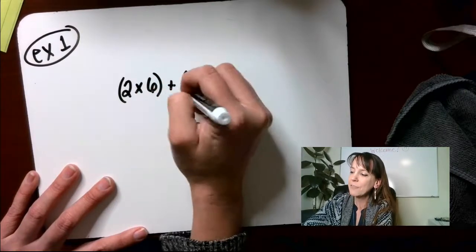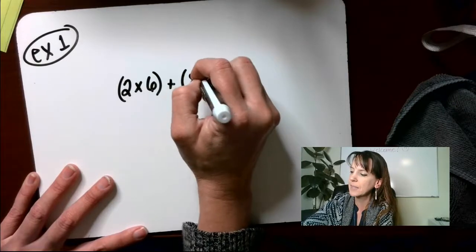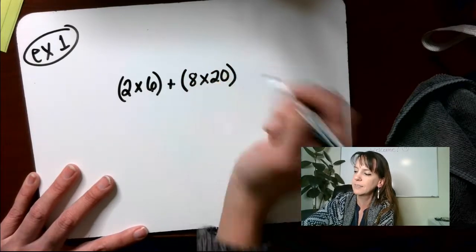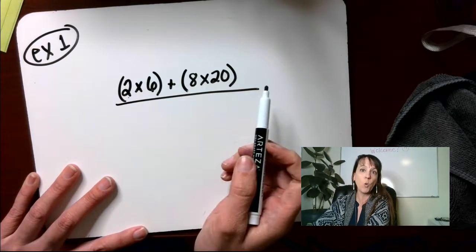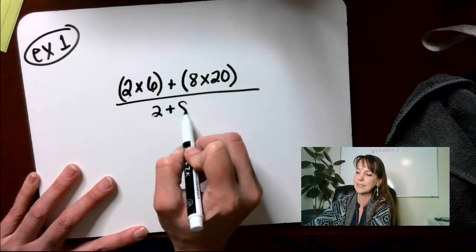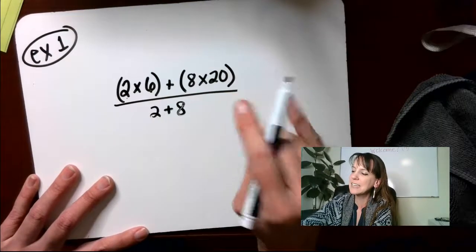Plus the average of the next 8 numbers was 20. 8 times 20, okay? That means we had 2 numbers and 8 numbers. That's 10 whole numbers. So we're going to do 2 plus 8, 2 plus 8. This is going to give us